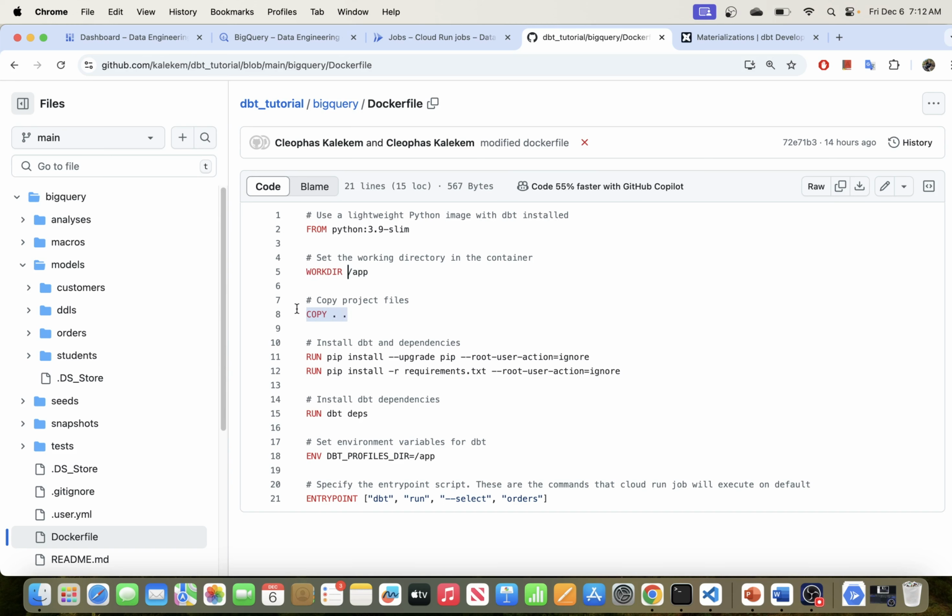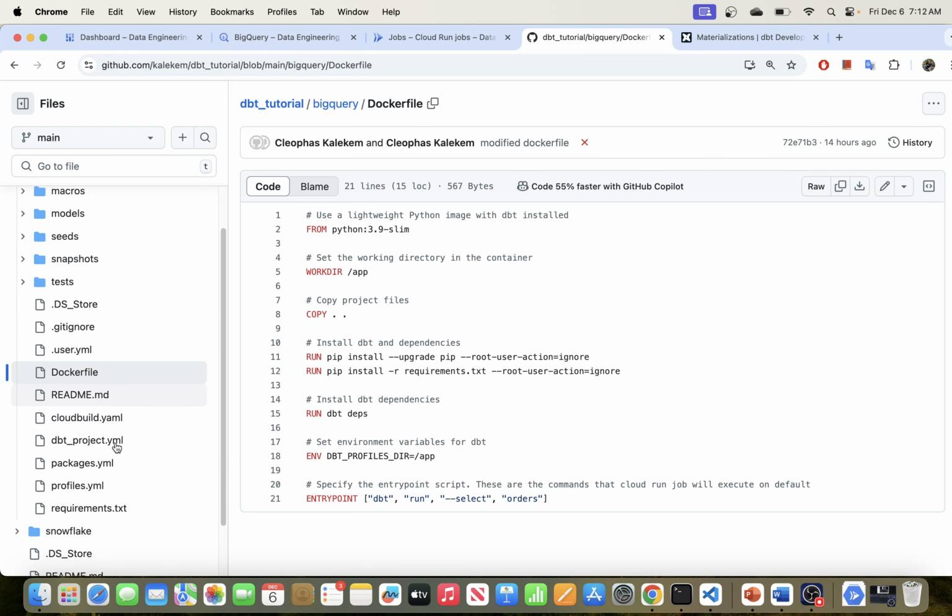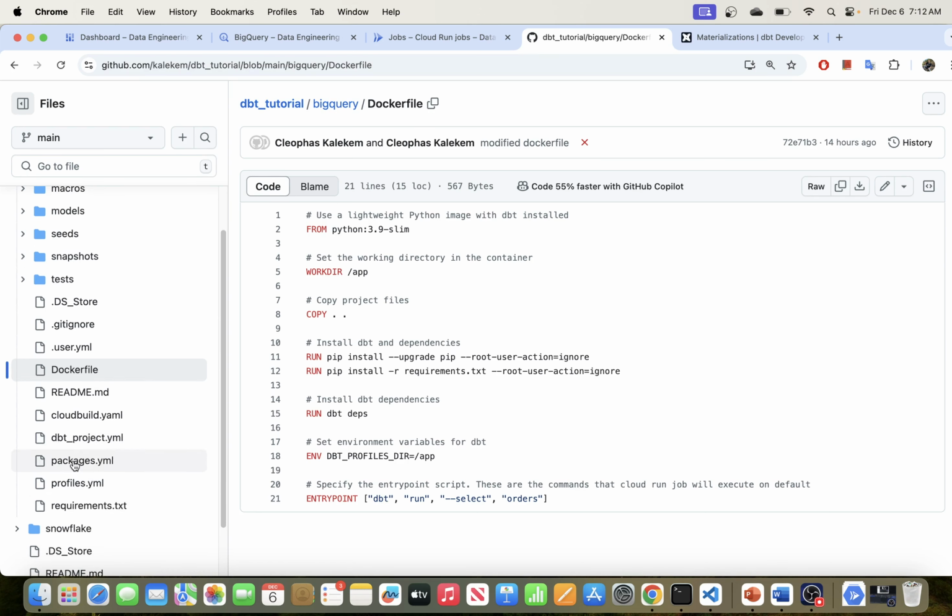And right here, we are copying all of our project files to this working directory. So what this means really is we are copying everything, right? We are copying analysis, macros, models, seeds, snapshots, tests, and the rest of the files that we have right here. So that includes profiles, packages, DBT project, cloudbuild. So we are copying all of that in this